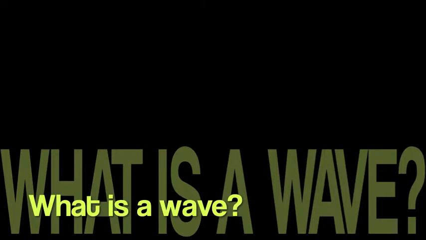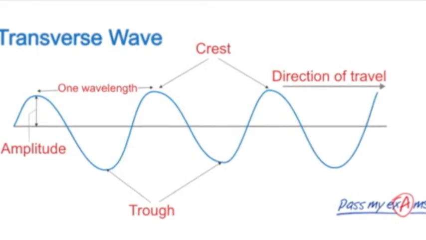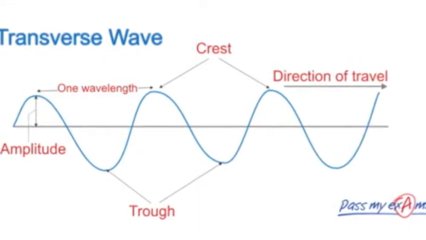What is a wave? Well, a wave can be described as a disturbance that travels through a medium from one location to another location. There are three types of waves: longitudinal waves, transverse waves, and surface waves. A transverse wave is when the direction of wave motion is perpendicular to the direction of the substance making up